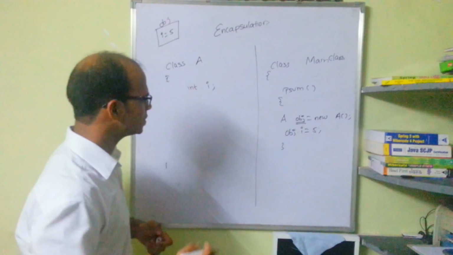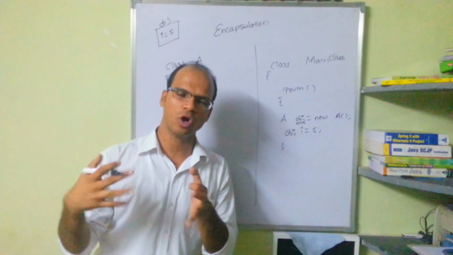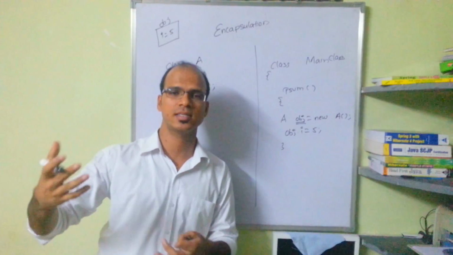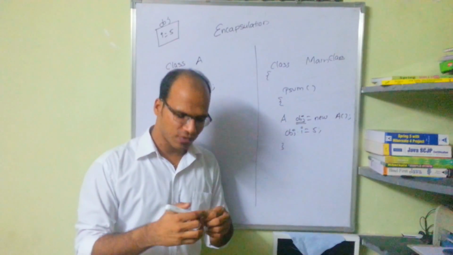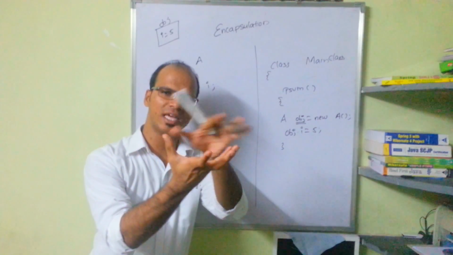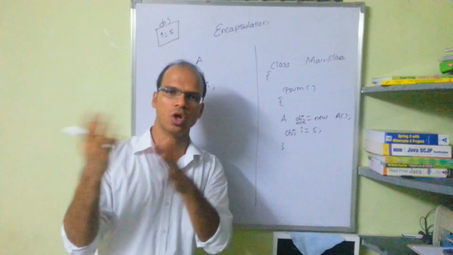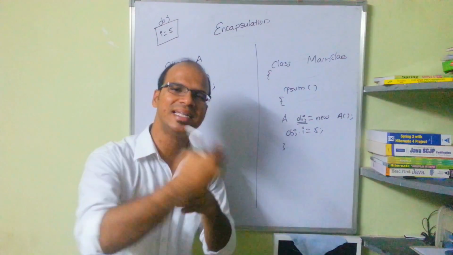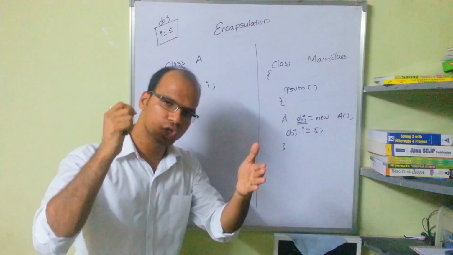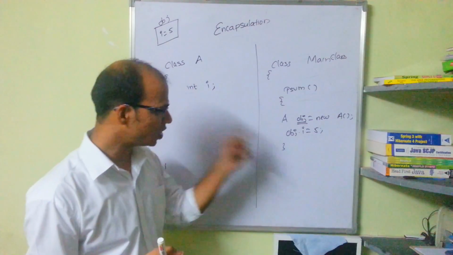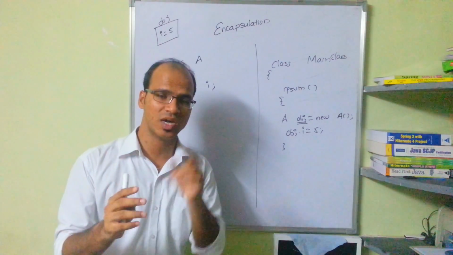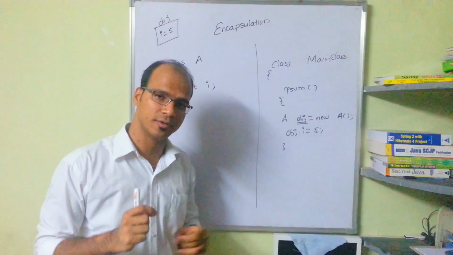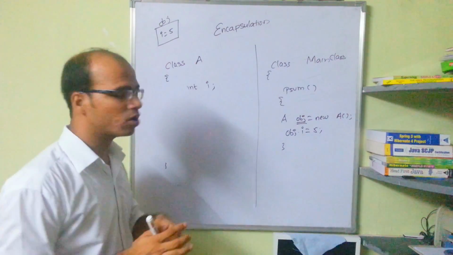The problem is what an object knows and what an object does. What an object knows is variables, what an object does is methods, right? So whenever you create any object, your variables should be linked with your methods. In order to change the data of your variables, you should use methods. Here, we are not using any methods. We are changing the value of I without using any method. So there comes something called encapsulation.